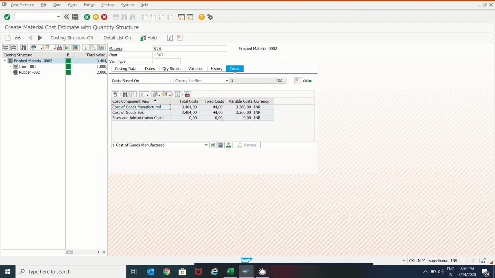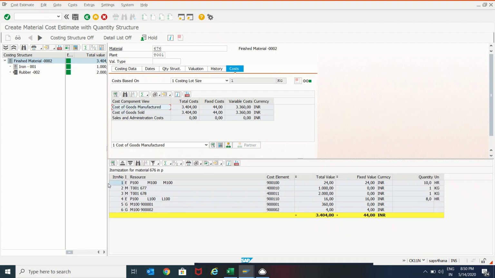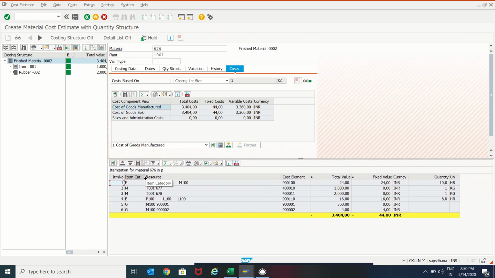Okay, so here now the system has derived cost of goods manufactured 3404. Now we will see the itemization. So what are the total items involved in this finished material? Okay, here we can see different items and how the system is going to calculate each and every item. So we will see that the major thing is here